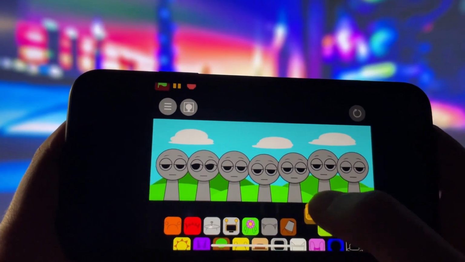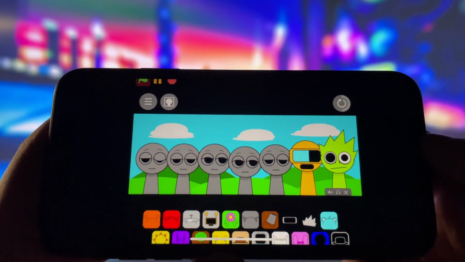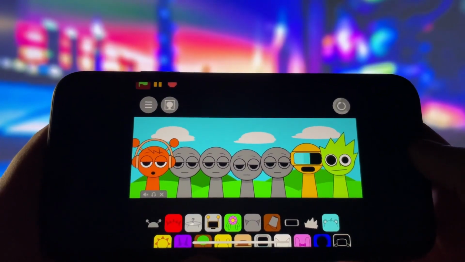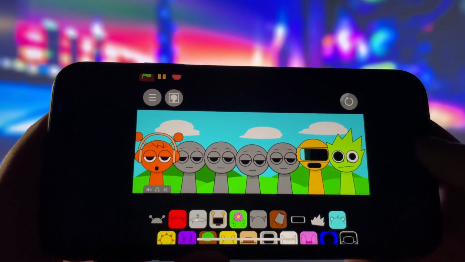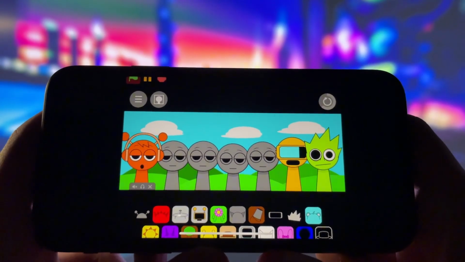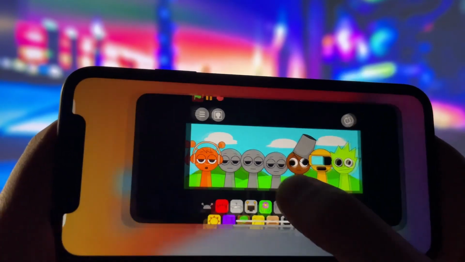In today's video, I'm going to walk you through the steps to download Incredibox Sprunki on both iOS and Android devices. For those who don't know, Incredibox Sprunki is a fan-made mod of the popular music game Incredibox. It's packed with unique characters, fresh sounds, and creative vibes that make it super fun to experiment with and create